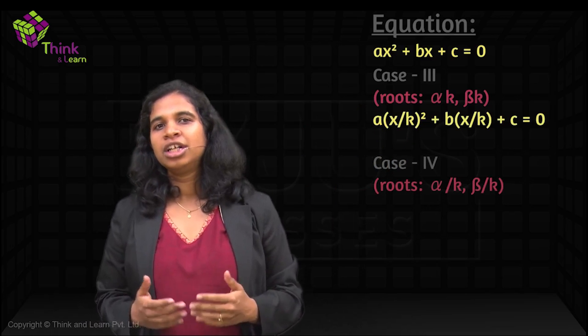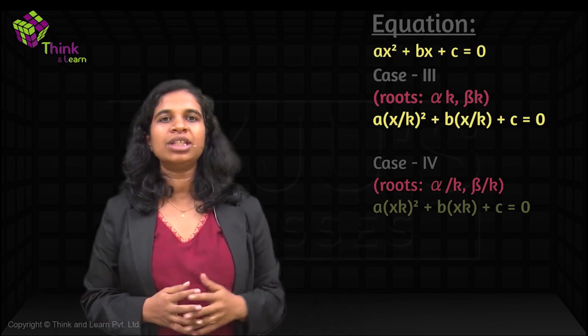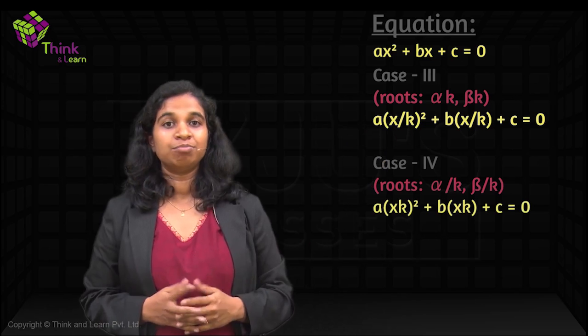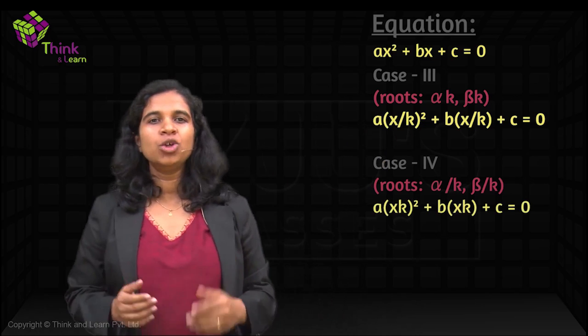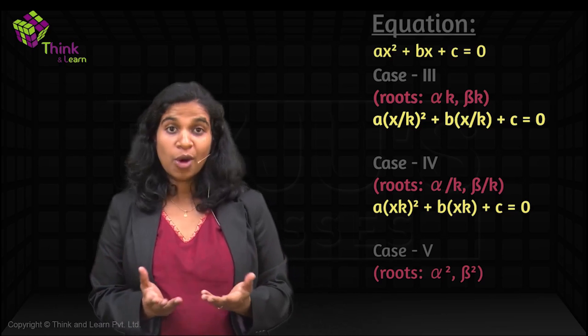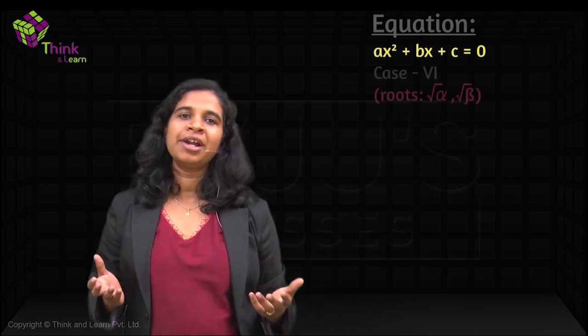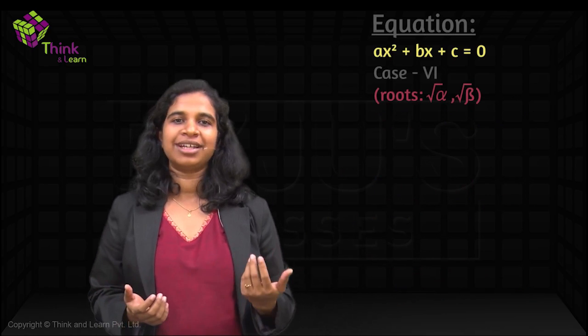Now what will I do? Reverse of division is multiplication. So instead of x, I'll replace it with x into k. Let's try taking squares. So my new roots are alpha squared and beta squared. What is the opposite of square? Square root. So instead of x, I'll put root x. Now I have root alpha and root beta. Instead of x, I'll put x squared.